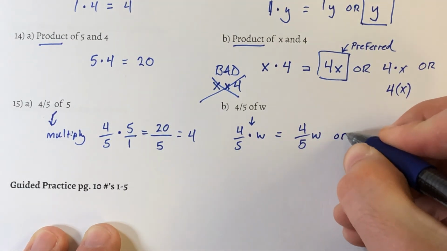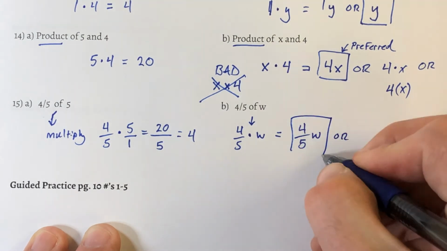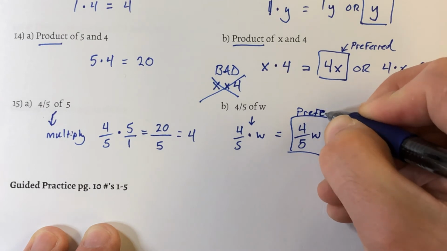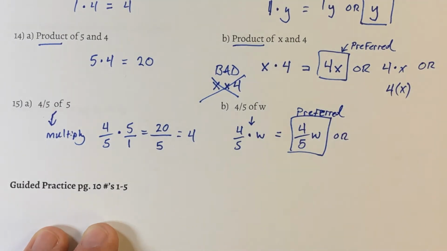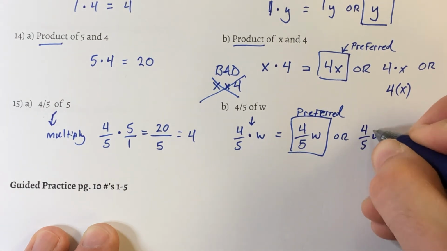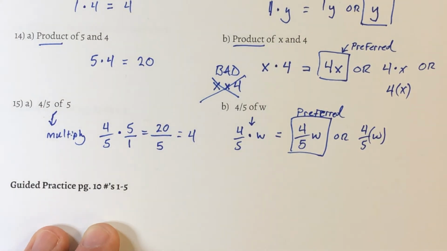Or, I'm going to write preferred real quick. And actually, this one kind of has two preferred answers. The next one, 4/5 w, but using parentheses. Or